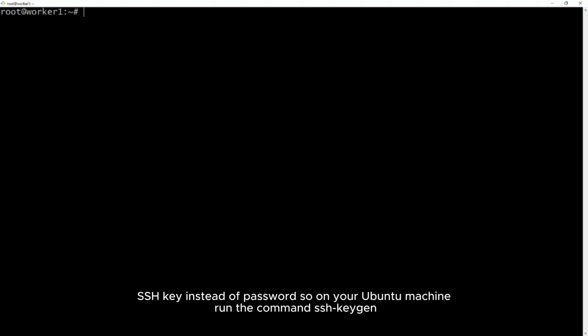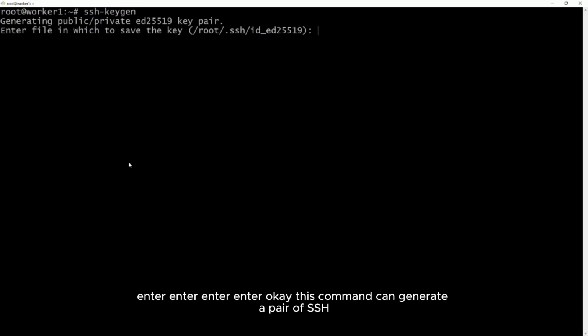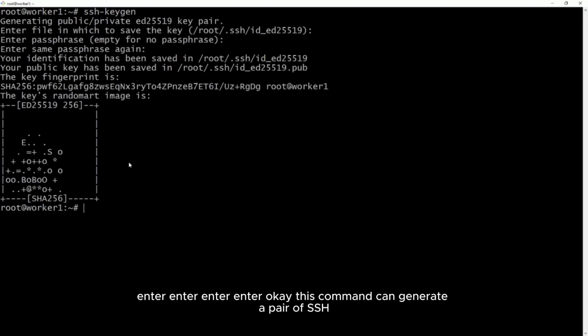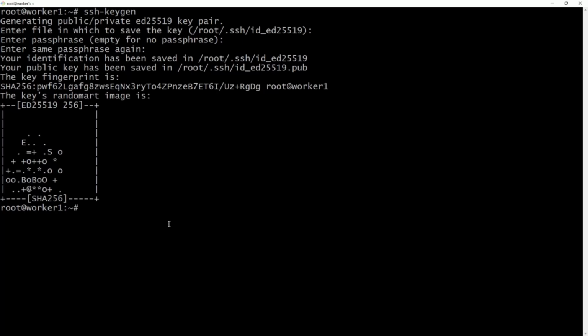So on the Ubuntu machine, run the command ssh-keygen, enter, enter, enter, enter. Okay, this command generates a pair of SSH keys, including a private key and a public key. After generating, we will copy the public key to the server.